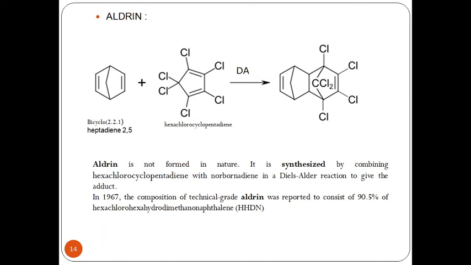It reacts with the hexachlorocyclopentadiene system under a Diels-Alder reaction to give an aldrin system. So basically a diene and a dienophile react so that we get an aldrin system. Now this is completely synthesized in the laboratory. In turn, we can observe that a diene system reacts with a dienophile so that we get a Diels-Alder adduct. Again, the effectiveness is because of the presence of this bridged chlorine system also. In turn, it increases the effectiveness of this insecticide. Basically, this has to be completely synthesized in the laboratory.